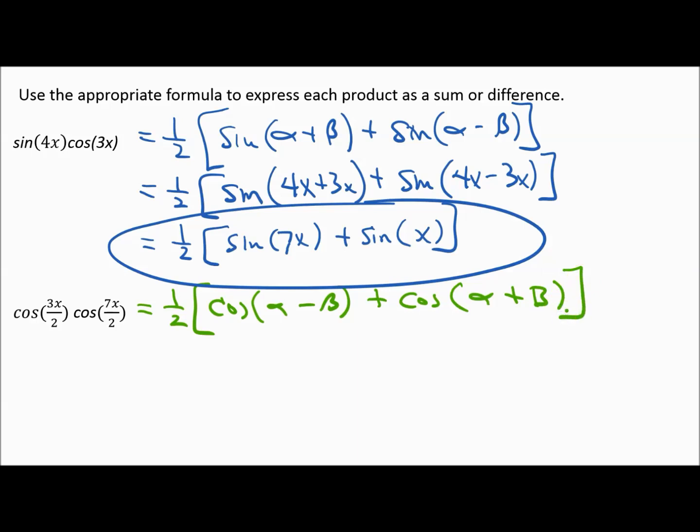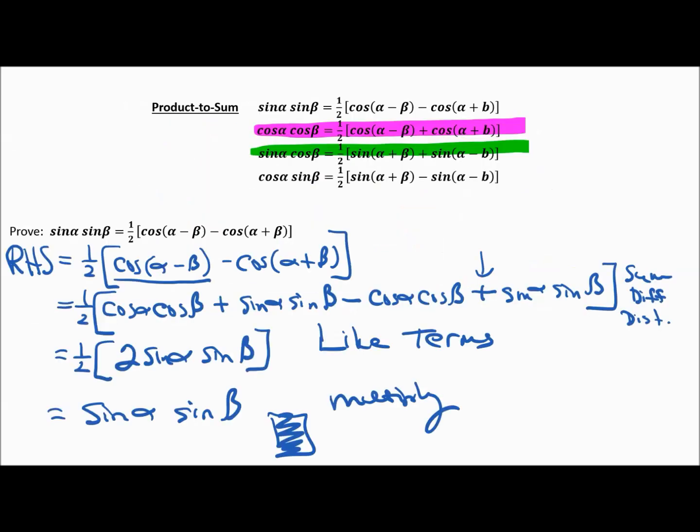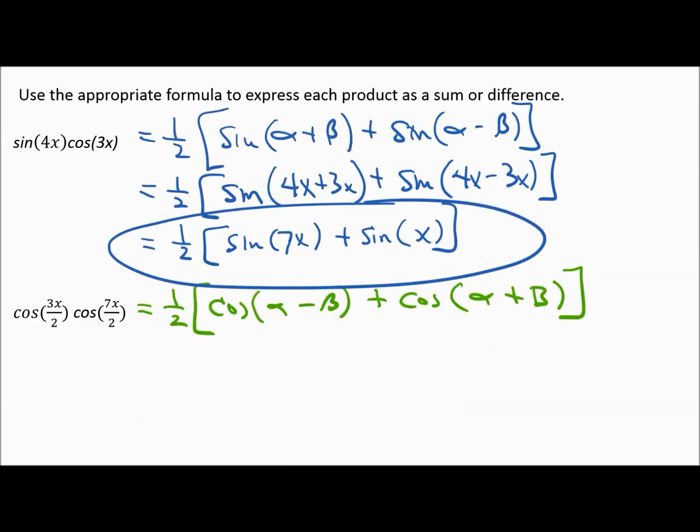Okay, again, let's check one more time. It's highlighted in purple. I'm doing a cosine cosine problem. So 1/2 cosine of alpha minus beta plus cosine of alpha plus beta. I believe we've got it written correctly. Now we just simplify by plugging in our alpha and beta. My alpha is 3x over 2, my beta is 7x over 2. So I've got 1/2 cosine of 3x over 2 minus 7x over 2 plus the cosine of 3x over 2